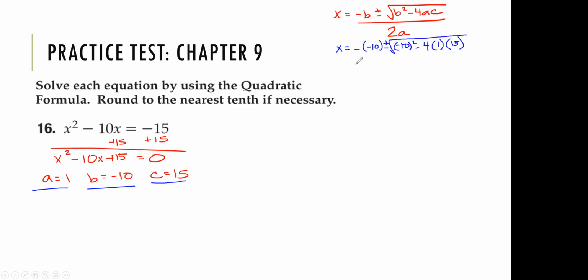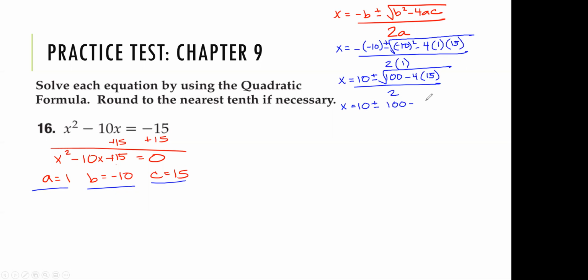And that's all the square root divided by 2 times a, which is 1. So negative times negative, that's positive. 10 plus or minus negative 10 squared is 100, minus 4 times 1 is 4, times 15. 2 times 1 is 2. So x equals 10 plus or minus